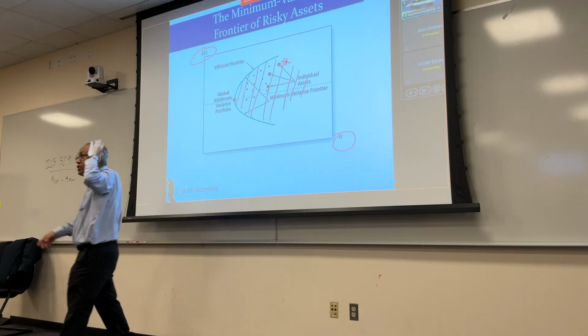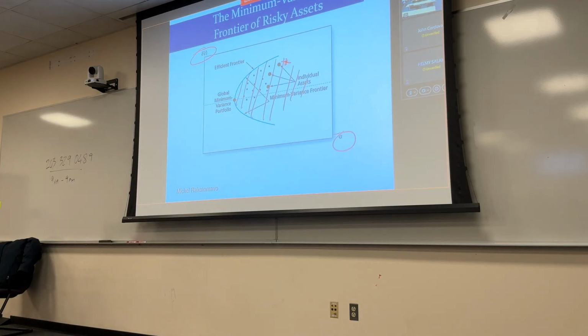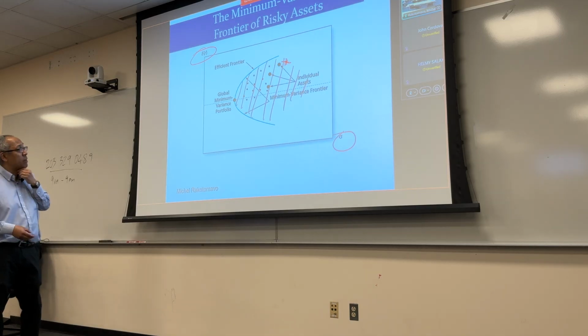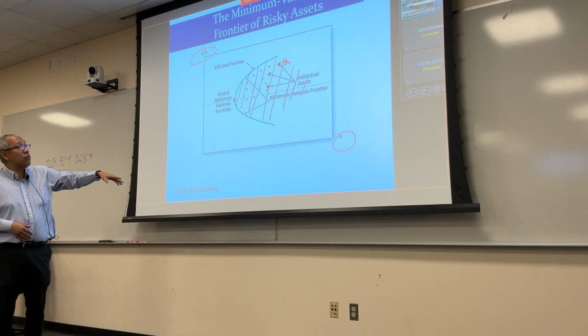So it's not a random constellation of dots. It's got a shape, actually. And the shape literally looks like that. Now, this again includes all of the stocks that you've chosen and all of the portfolios that are possible to form using your stocks. You try different weights, and this is what you see on this particular picture. Now, given that all of the possibilities are over here,